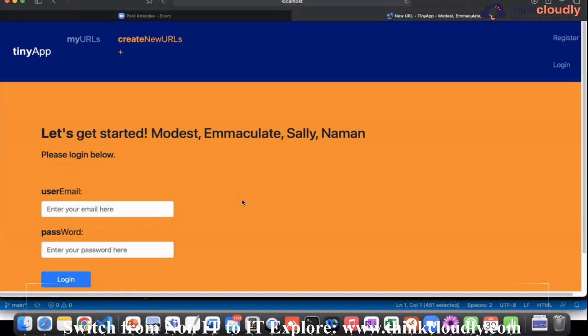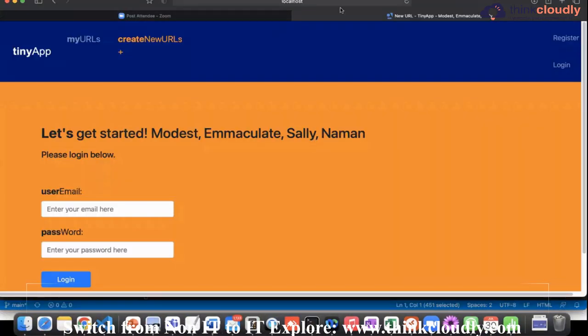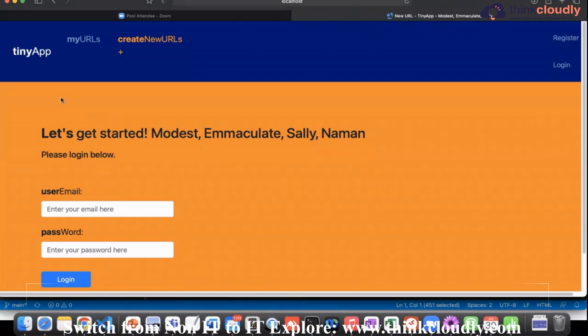Okay, but we never see that because we are not software developers. We are normal human beings. We are the users of that application. So we never see what is happening in the background. But what happens in the background? This happens in the background: there will be a code for Facebook, and there will be someone who started the Facebook application. And that's why when users type facebook.com, they're able to access facebook.com. So Facebook is an application just like this tiny app.